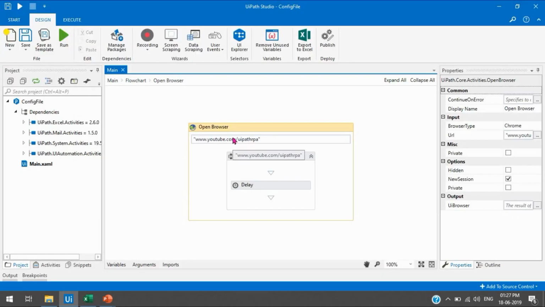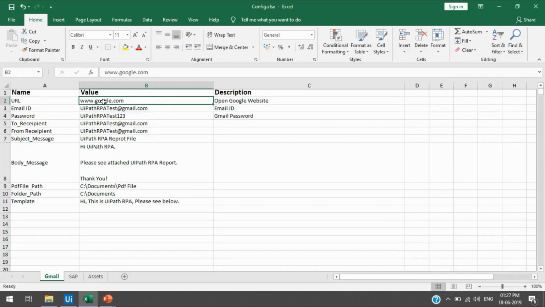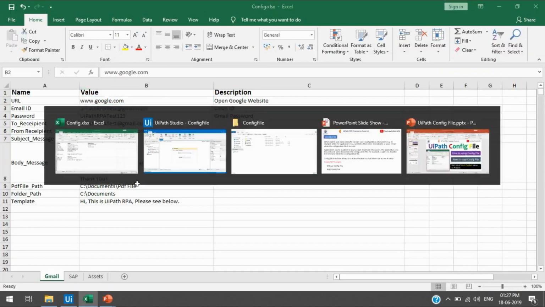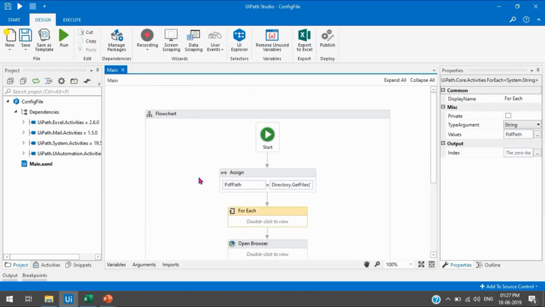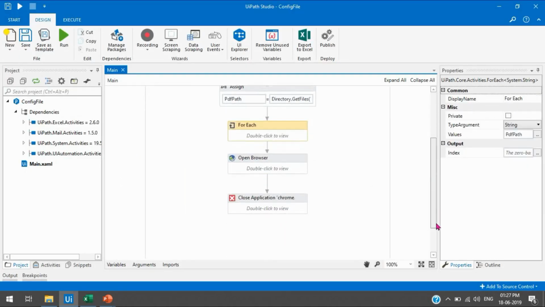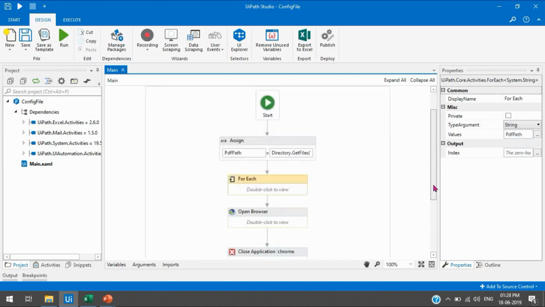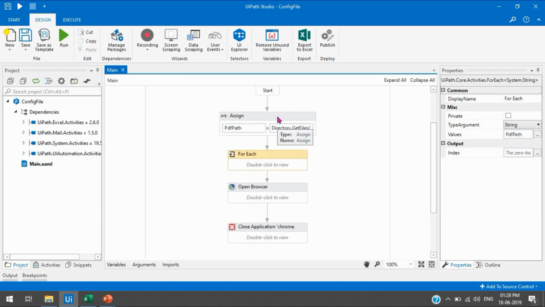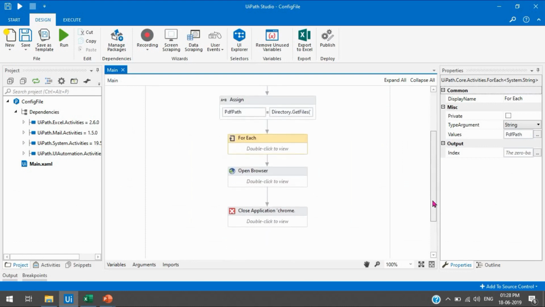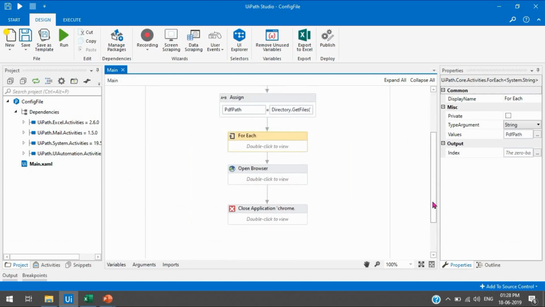So there is no need to change anything in the project, you just have to change it in the config file, right? Now I am going to tell you how to read the config file and how to use it in the whole project without hard-coded data. So how to get rid of hard-coded values in your project.